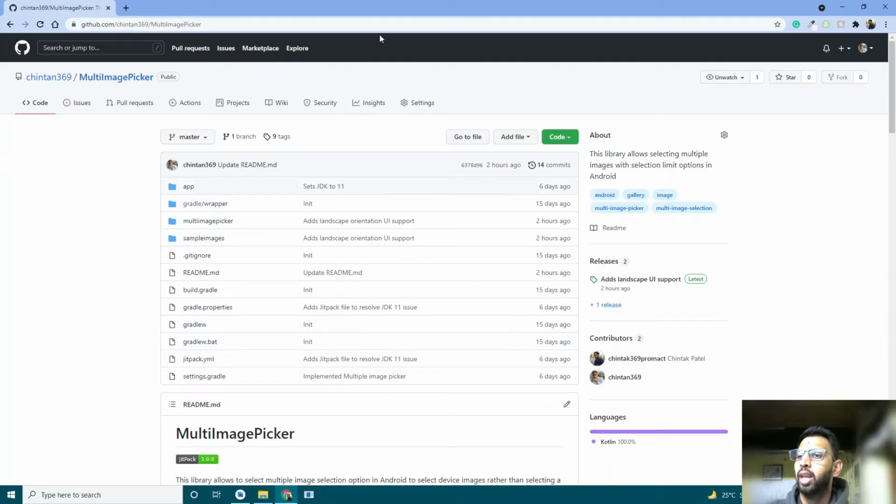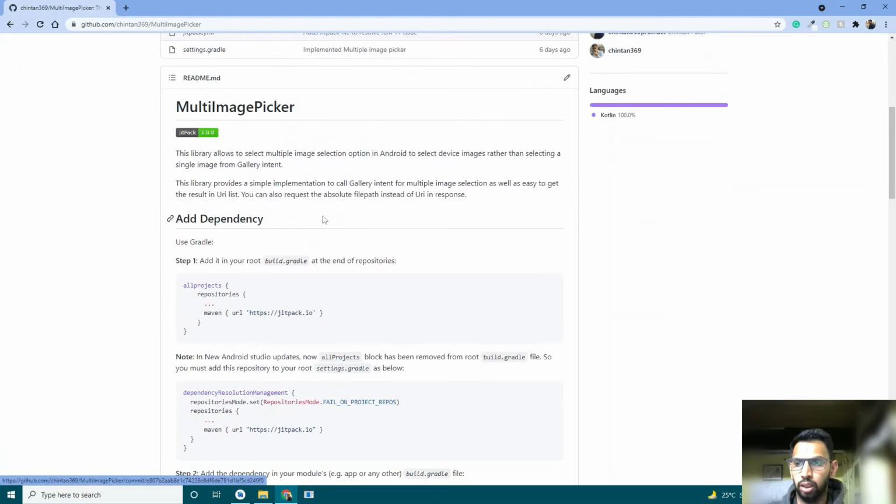I will show you the URL of the GitHub repository, and I will also explain how to use it in your Android Studio project. So guys, this is my library repository URL, chintan369 slash multi image picker on GitHub. Coming to this library, you will find the documentation here that this library allows multiple image selection, as I told you.